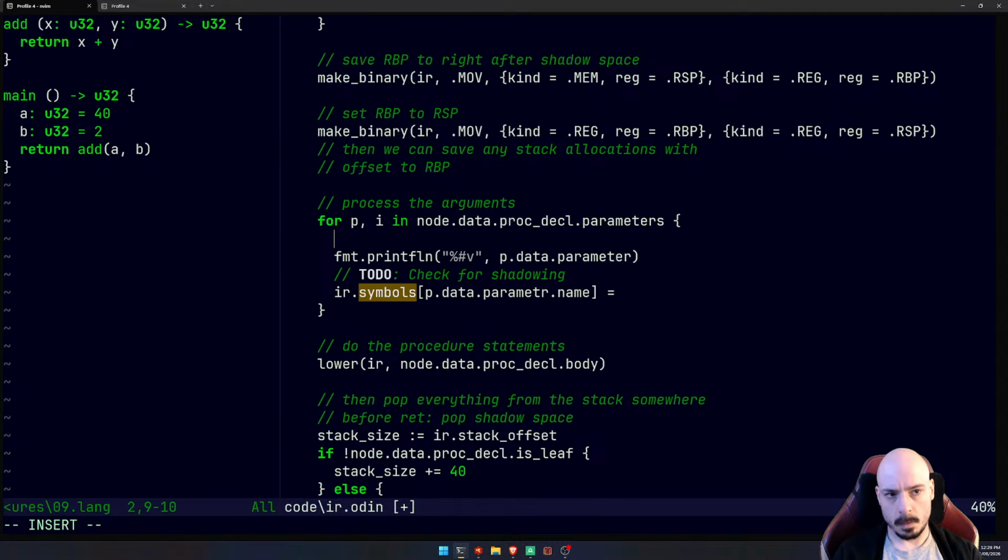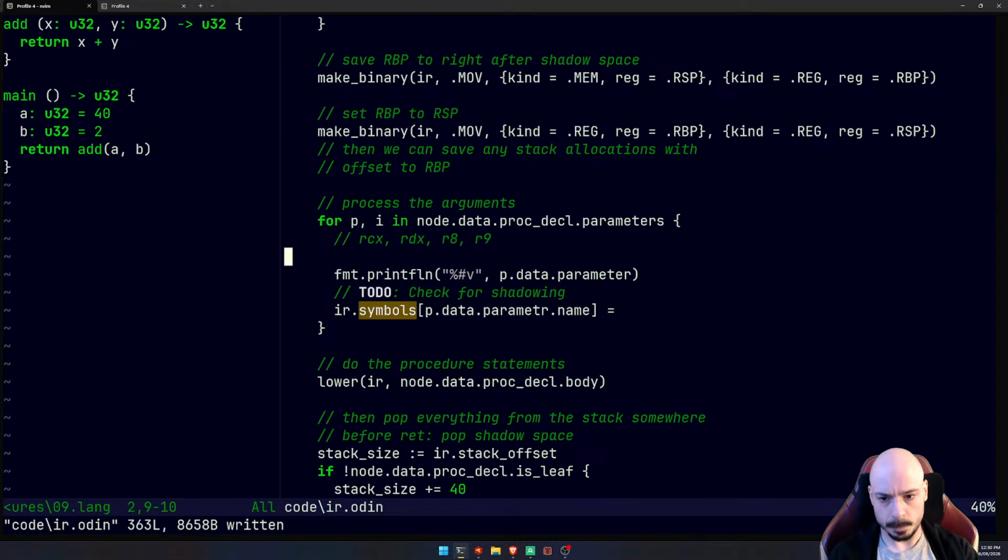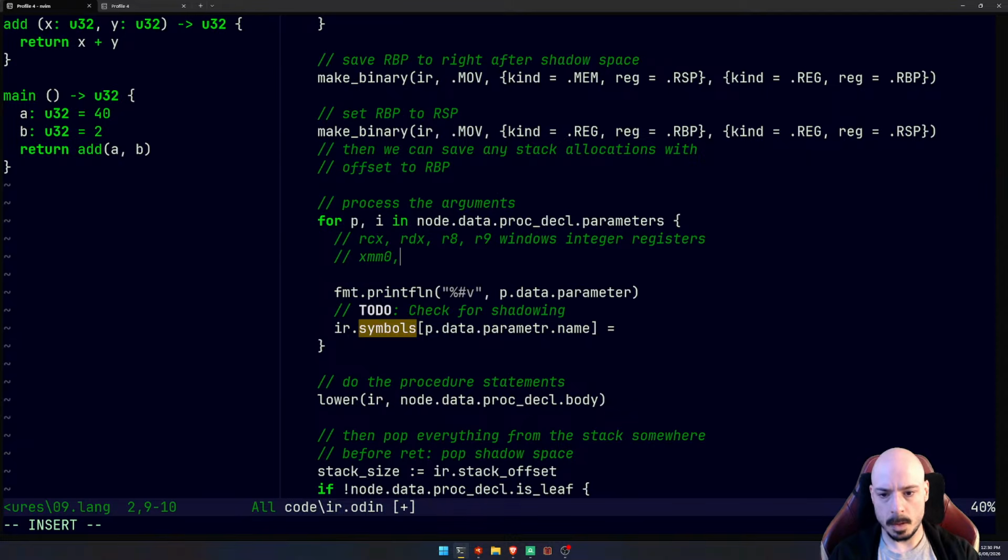So it's, what is it, RCX, RDX, R8, R9. That's the order for Windows. Now, eventually I'm going to have to support Linux as well, so this will be different. But we'll cross that bridge when we come to it. These are the Windows integer registers. Now, I'm also going to mention right now that XMM0, XMM1, XMM2, XMM3, these are the float registers. And the way that it actually works is